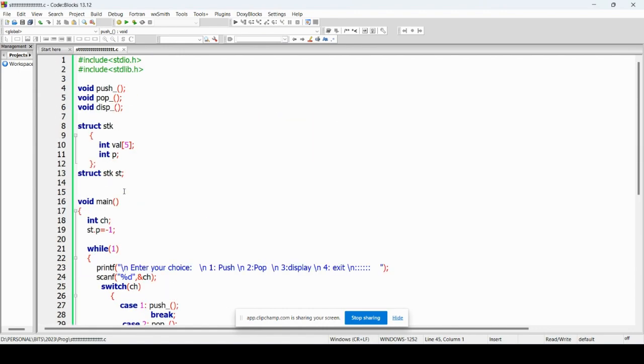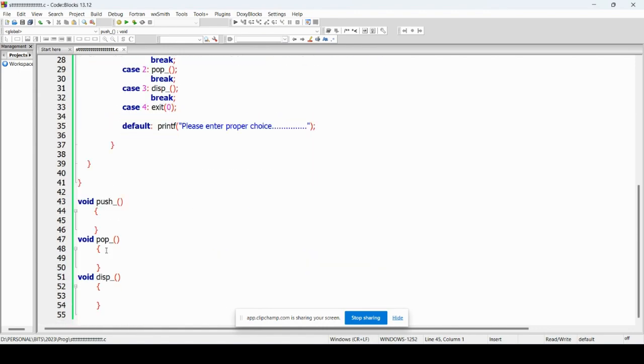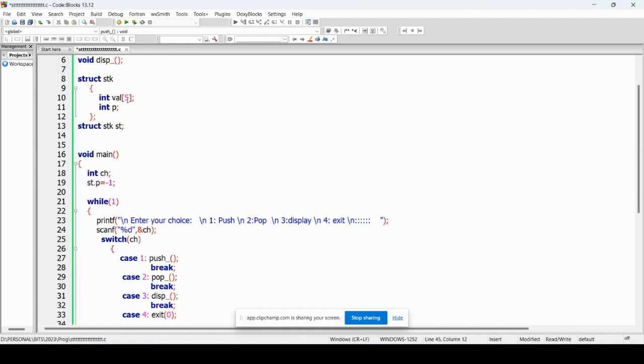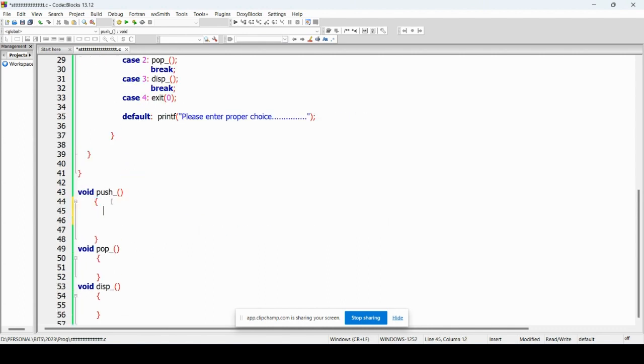Now, whenever I am trying to push, I will be able to push only when I have some memory space. I have declared the size of this particular array as 5, that means indexes 0, 1, 2, 3, 4, so maximum 5 elements will be there. When the index value is 4, that means it is full. So we can push only when the stack has at least one place blank. So I will check if st.p is equal to 4, then we will